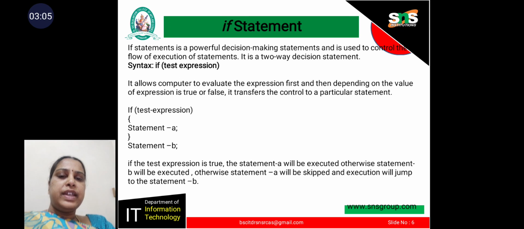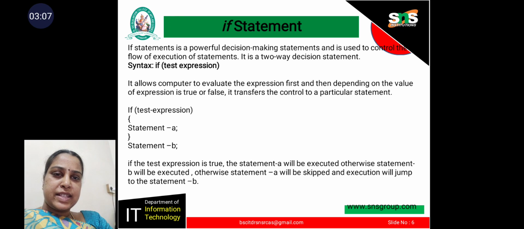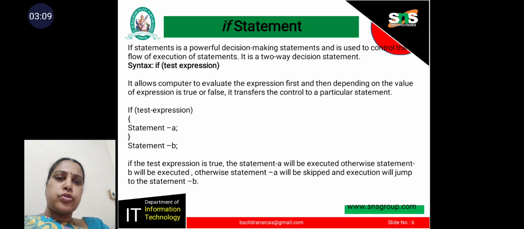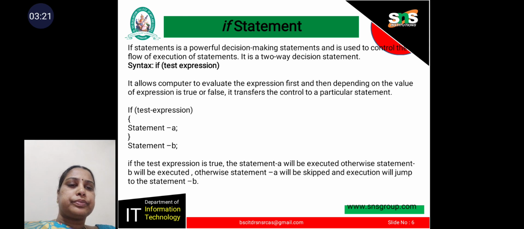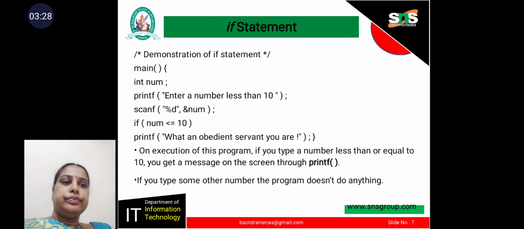First, in if, it evaluates the test expression. If the condition is true, it executes statement A. Otherwise, it executes statement B. If the test expression is true, statement A will be executed. Otherwise, statement B will be executed. This slide shows the